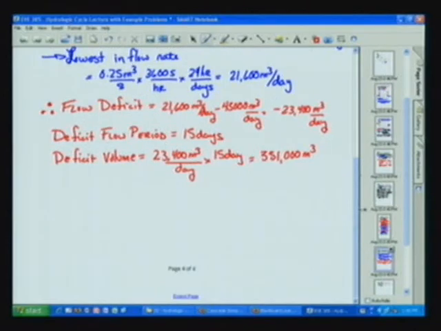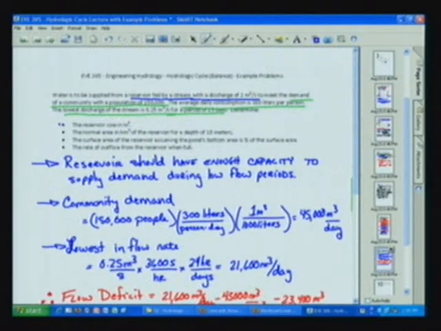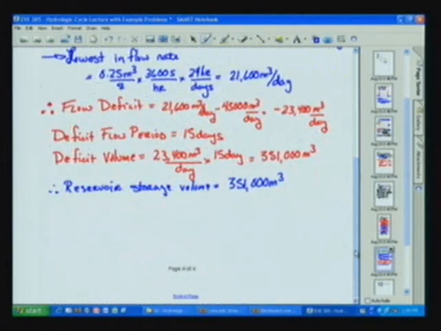So the reservoir storage volume is 351,000 cubic meters. Okay. I think that gets our first question. Check, reservoir size. And then we need the normal area in kilometers squared of the reservoir if its depth is 10 meters. Now I use that term normal area